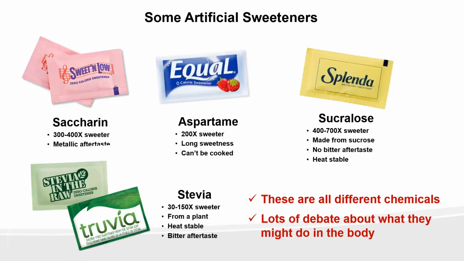And one that is a little bit newer on the market is called Stevia. I saw a Stevia Coca-Cola in a green can a while ago. This is a natural product from a plant, and it's getting a lot of marketing because it's natural, of course, and many people just assume that natural is safer than artificial. That's not necessarily the case, but it's getting a good marketing push because of that. So like I said, remember, these are all different chemicals.